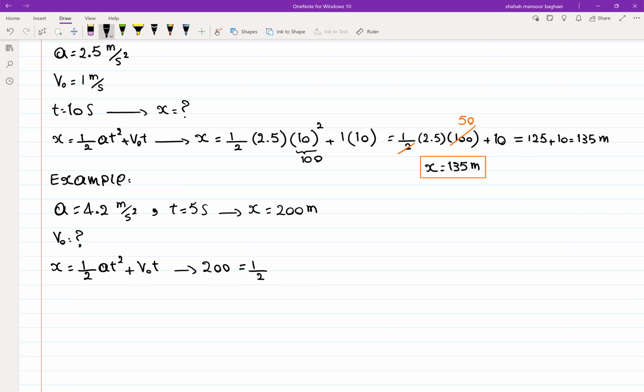Half, you have a value, 4.2. Time is 5 square, plus V0, we don't know, times 5. You know, 5 square is 25. Therefore, here, 200 equal to